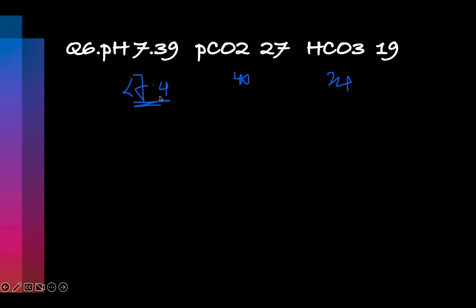So that's why you have to use 7.4 initially and 40 and 25 instead of the range. So this is less than 7.4. So we have what? An acidosis problem. It's still an acidosis. Acidosis, what do I expect? I expect the CO2 to go up and bicarb to go down. What happened? CO2 rather went down. Therefore, this is not the problem. Bicarb went down. So this is my problem. This is what is causing the problem. And what is bicarb? It's metabolic. So I have metabolic